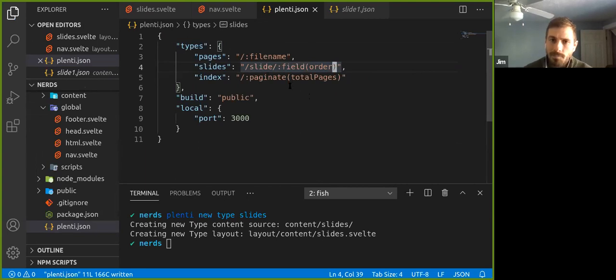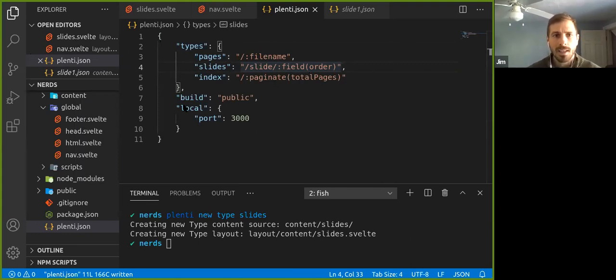Now, keep in mind, some of this API stuff is changing. So we're trying to get ready for releasing a 0.4 version of Plenty. So this is going to become routes in the future. And then this replacement pattern here is most likely going to be fields with an S. So if you're looking at this video later on, just keep in mind that some of these API things are going to be changing. But let's go back to our browser here and reload our page.